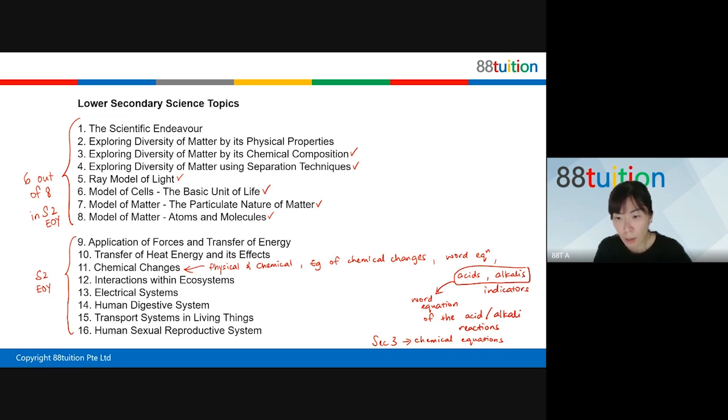Okay. And I'll share with you, my son did very well in Sec 1 science. Yep, Sec 2 science, right? He still scored his A1, but because he didn't study a lot, he was playing a lot. Last minute, then he started studying. He still scored A1, but it was not a very, very strong A1, I would say. So send your target to me. I need to know because I am keeping track.